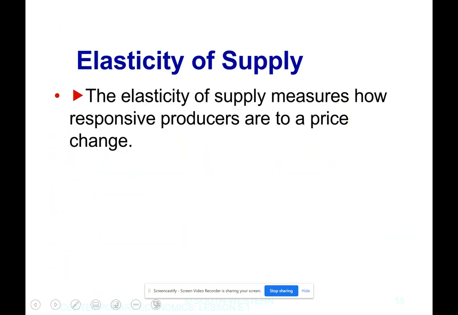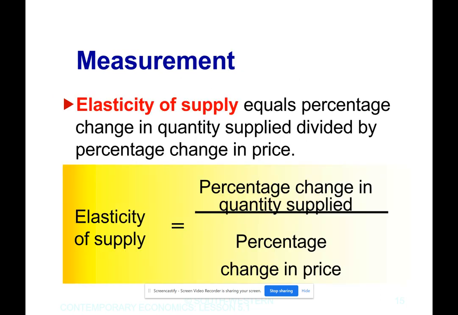We looked at elasticity before. So the elasticity of supply measures how responsive producers are to a price change. Before we looked at demand, right? How responsive are consumers to a price change? Well, now we're looking at producers. The elasticity of supply equals the percentage change in quantity supplied divided by the percentage change in price. Okay? Percentage change in the quantity that is supplied or produced, right? Divided by the percentage change in the price. And that's how we find out how responsive producers are